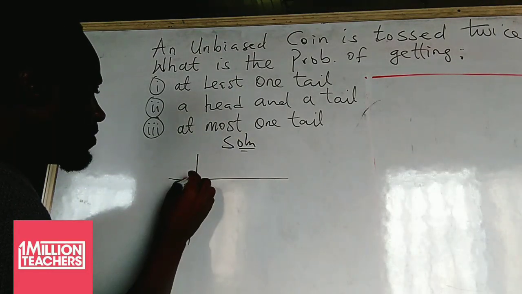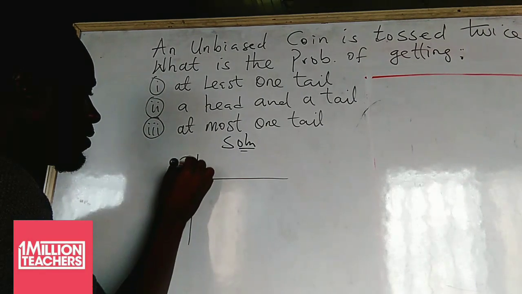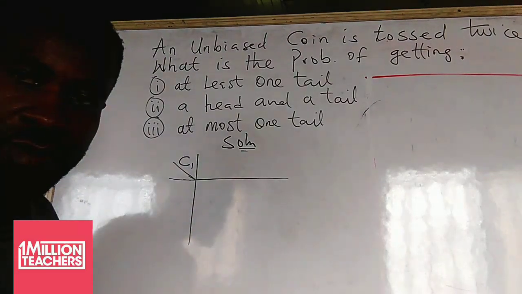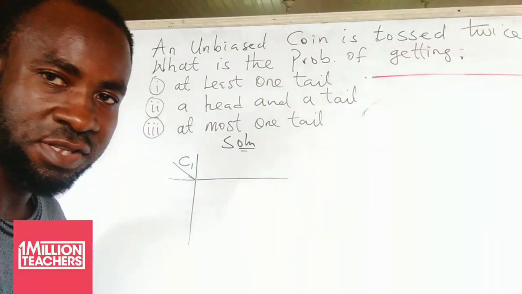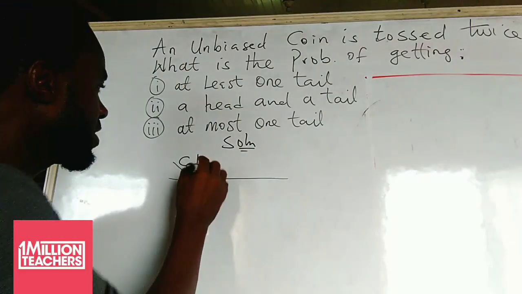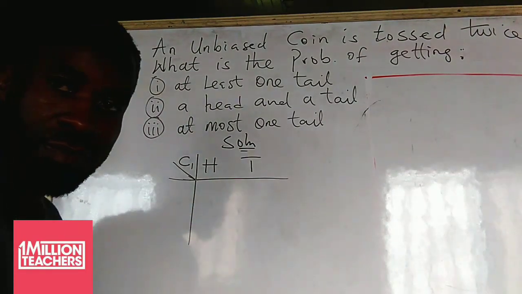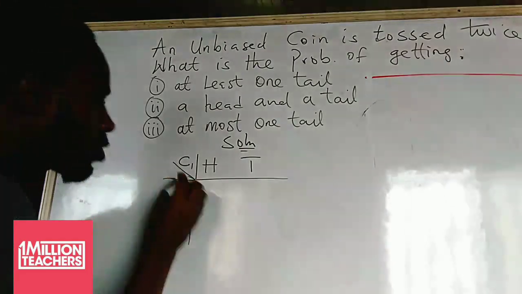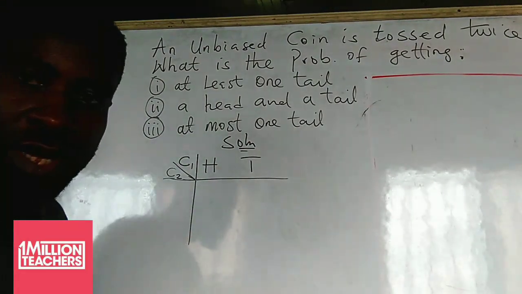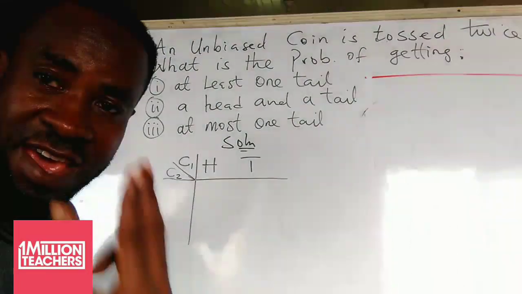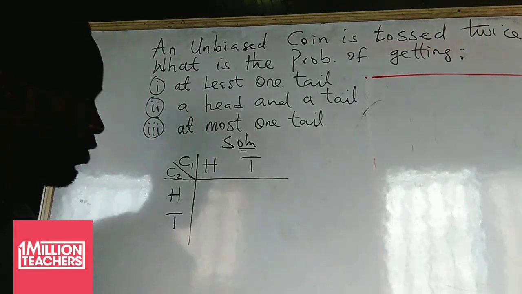Now we can separate here to represent the first faces of the coin. So if the coin is tossed once, there's a probability of getting a head or a tail. Now, if the coin is tossed the second time, let's call that C2. There's also a probability of getting a head and a tail. So let me put that head and the tail here. So you can see